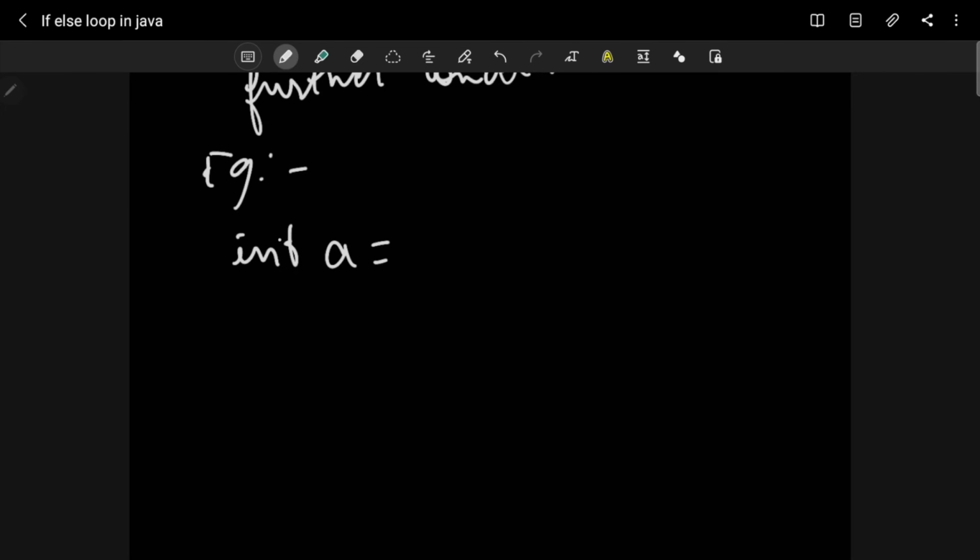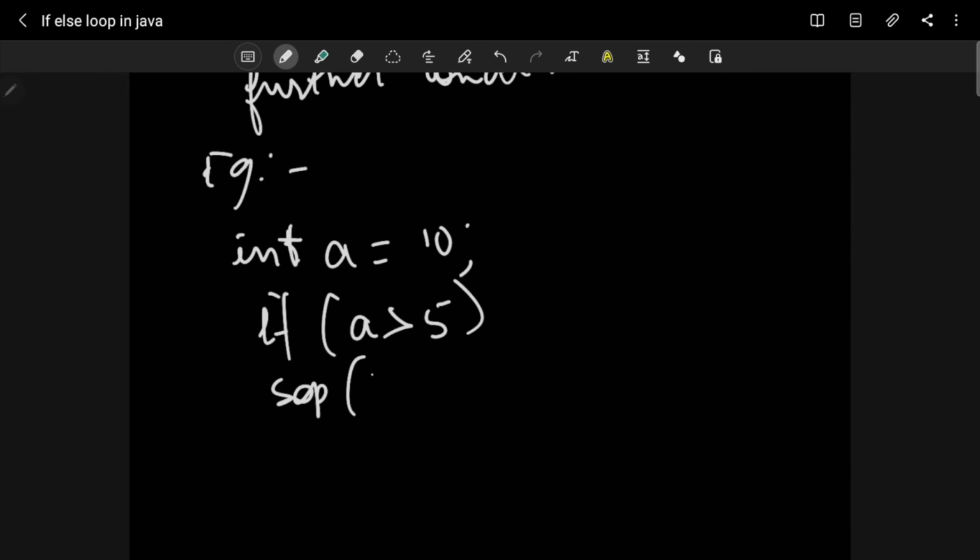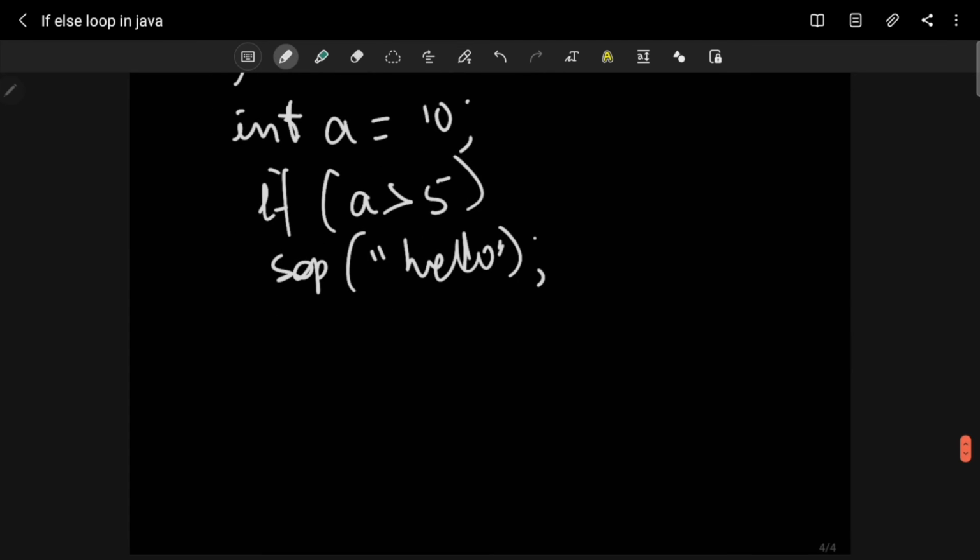Int a is 10, and if, now I'm using the if loop here, if a is greater than 5, then I want hello to be printed, right? I'm writing the short form for system.out.println SOP, right? I should print hello if this condition evaluates true, and semicolon.